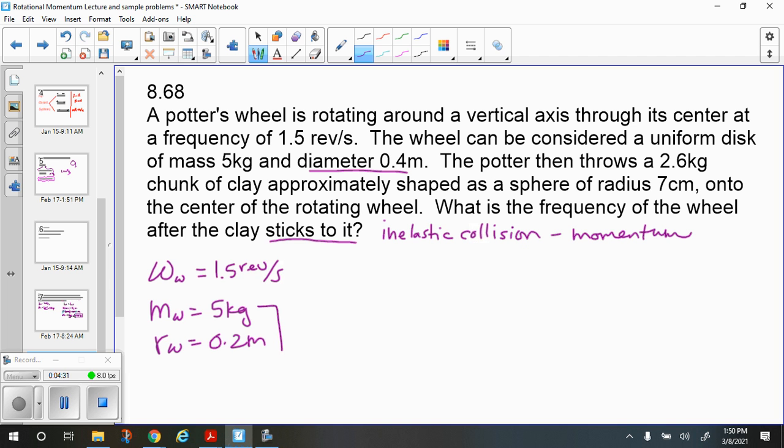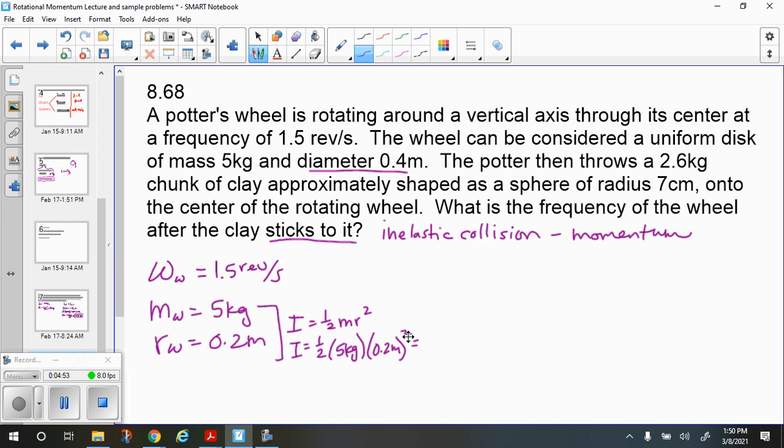So I'm going to use these together, and we know that the moment of inertia of a disk, you may have to look it up, but it's 1/2 mr squared. So when we calculate that, we get 1/2 times 5 kilograms times 0.2 meters, and we square that, and that gives us